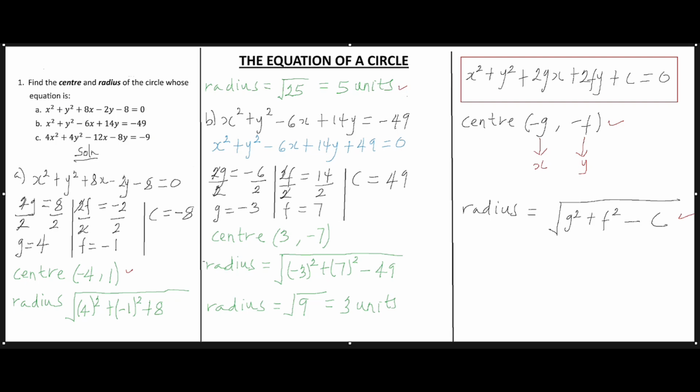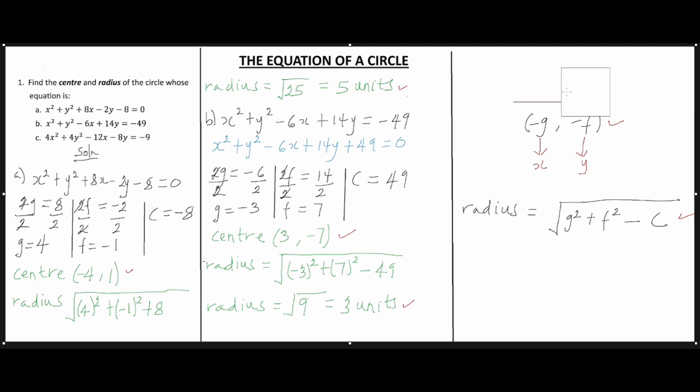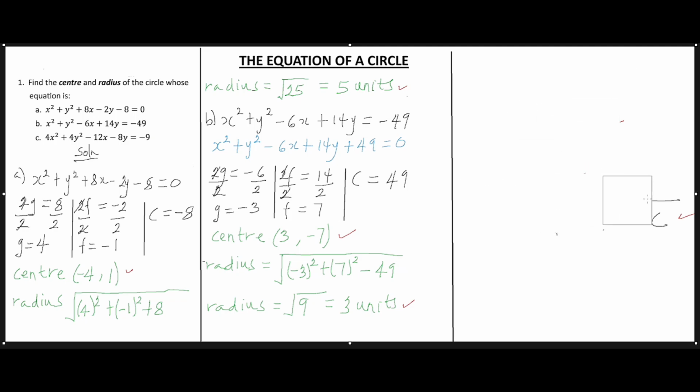The center is located at 3, minus 7. And the radius is 3 units. So now let's also find that of circle C. So with circle C, we have